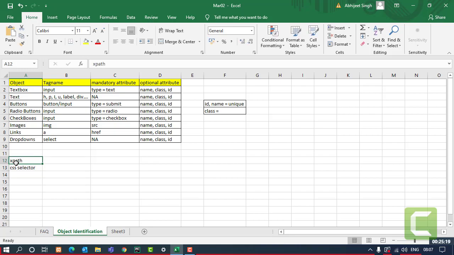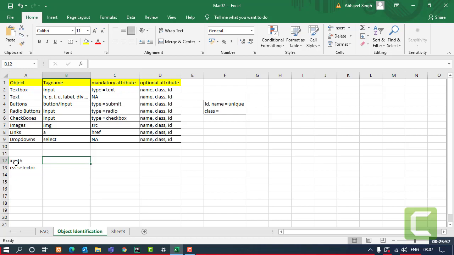Both of these are nothing but the unique addresses of the elements on the page. We are going to make the unique addresses ourselves. There are tools also available to get it copied from those tools. And likewise, there are a number of things associated with these two locators. But for this, we need to understand first of all how they are made, what are their types, what are the ways to be made, because it's not always correct that what you are writing is correct and what Selenium is understanding is correct. So let's start with the XPath first.